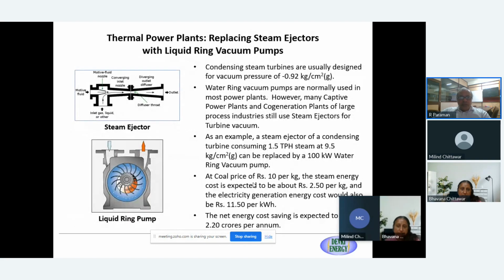Now, as I told you, in energy audits often people tell us that the steam consumption has been increasing. They tell us, look at the steam distribution system. Is our insulation okay? Are our steam traps working properly? These kinds of issues are often raised when we go for energy audits. When we find that a large number of steam ejectors are being used for vacuum in the plant,